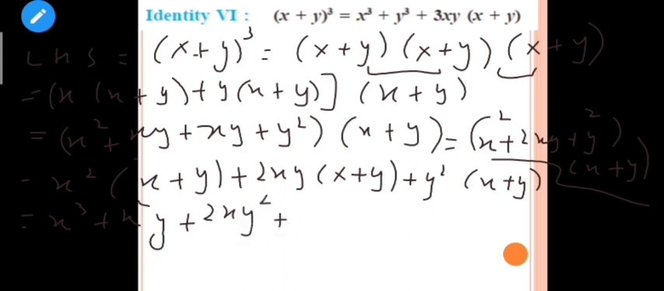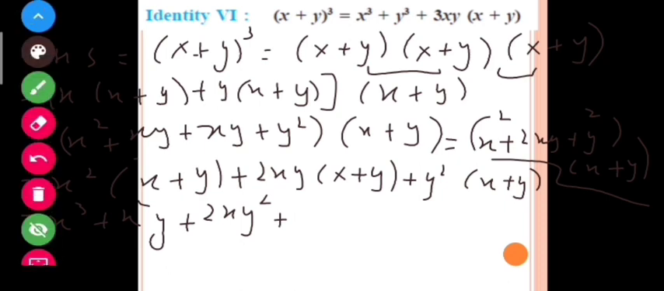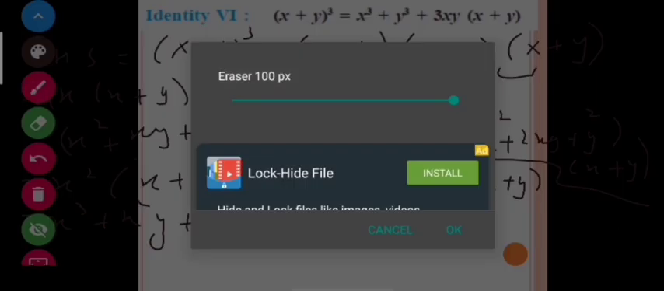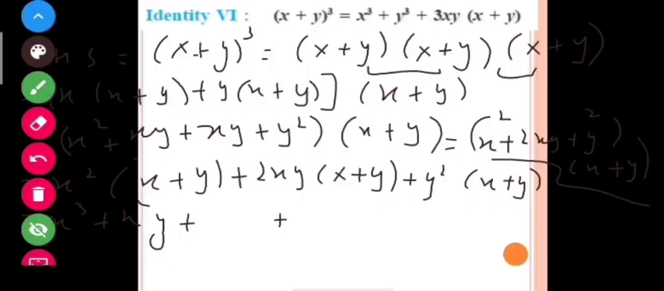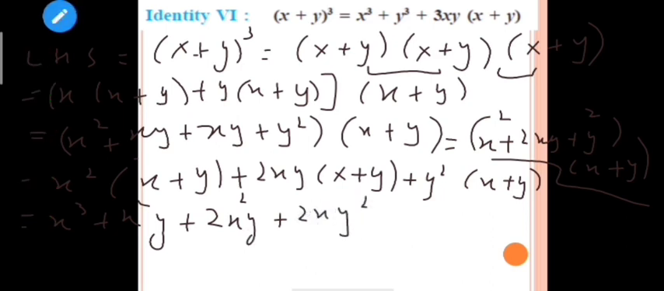Square plus, okay, you will get 2x square y here, sorry. Students, here what you will get, you will get 2x square y plus 2xy square plus xy square plus y cube. Okay, students, you can see that here x cube is a similar single term,